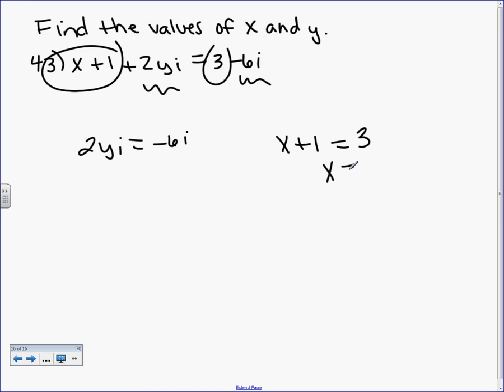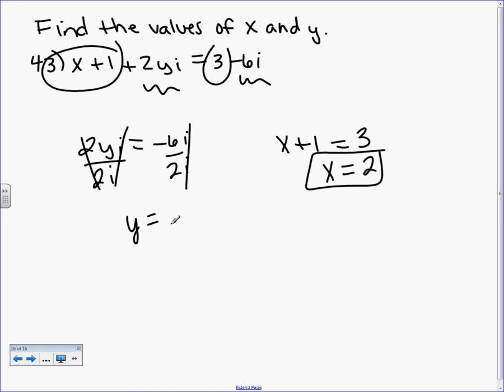So on this one, what's x equal to? That's super easy. 2, done, right? On this one, I want to find y. What's in the way of y being alone? i and 2. So divide by them, right? So what's y equal to? The i's cancel. Negative 3. That's it. You know that